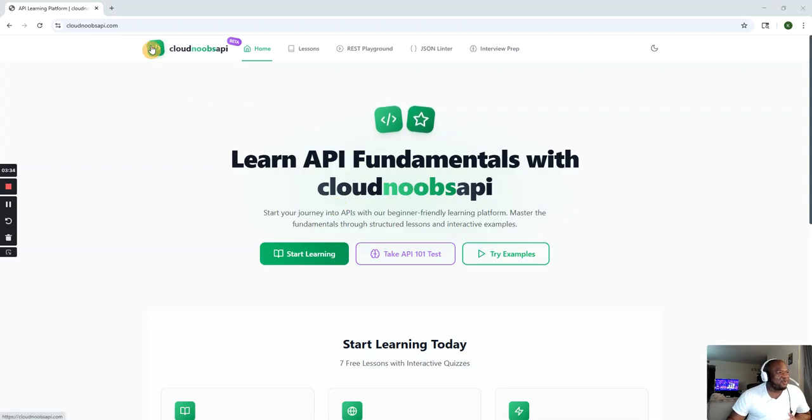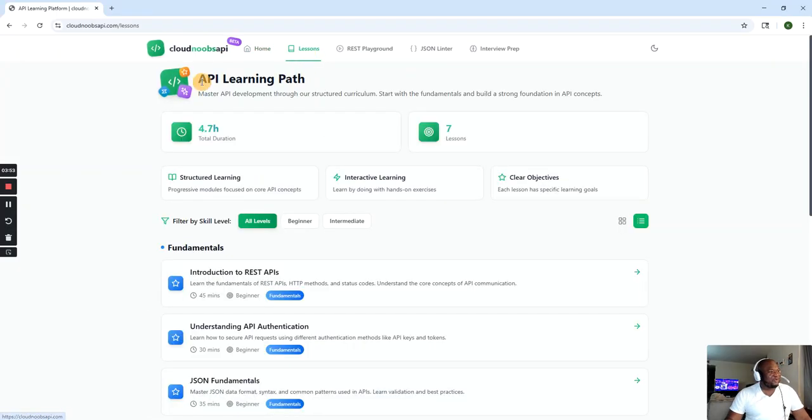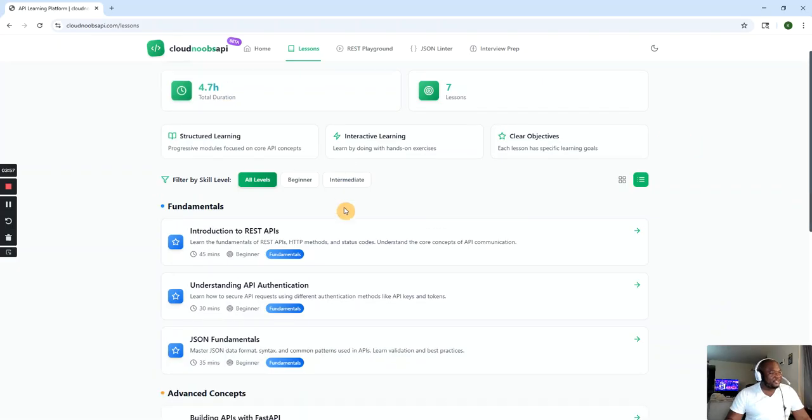As the name goes, we have Cloud Noobs API. You have the home, the lessons, REST playground, JSON linter, and interview prep. It's all in one on this website. When you go to the lessons, you can get the learning path, durations, and all that.